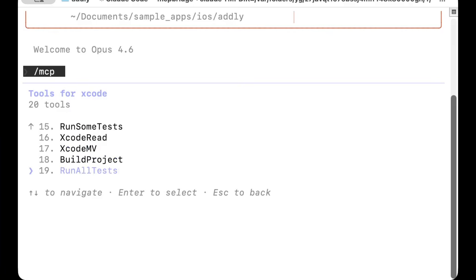So most of them seem like a subset of what's possible with the Xcode build CLI interface. But obviously, this is a much easier thing, and hopefully LLMs don't get confused about the CLI syntax and don't make as many mistakes. And there are some more interesting tools that are not part of the Xcode CLI,